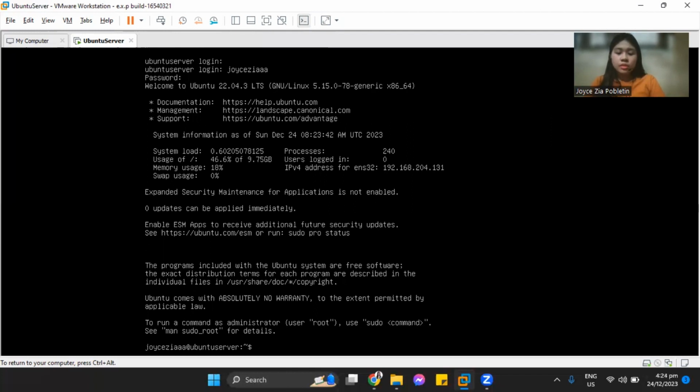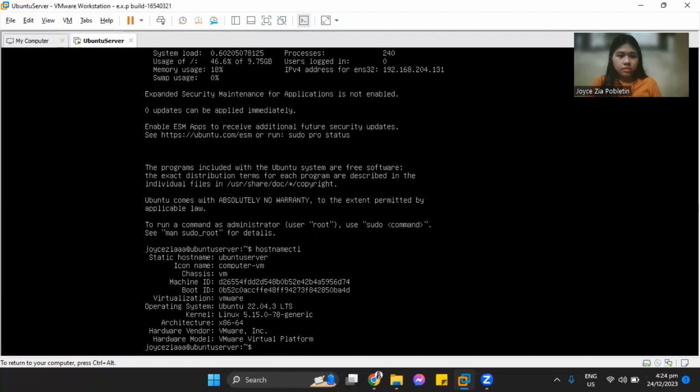And now we will be proceeding to the example commands as well as their functions, what they are, and how they work in this Ubuntu server. For our first command, let's just put hostnamectl. So as we can see, this command is used to query and change the system hostname and related settings. It provides detailed information about the system static and transient hostname, kernel hostname, icon name,